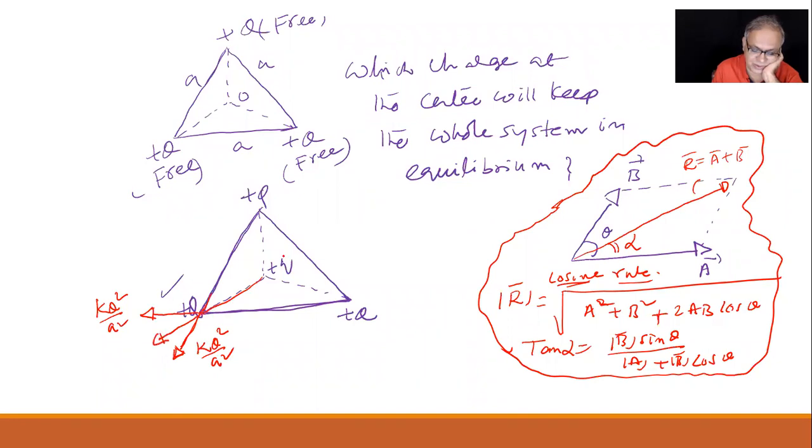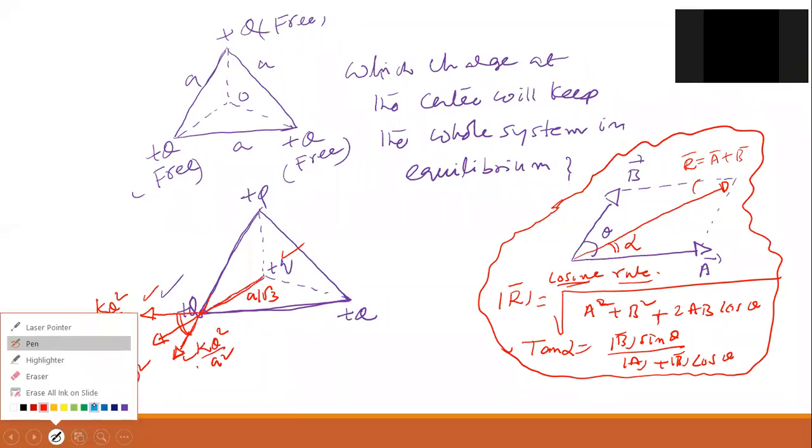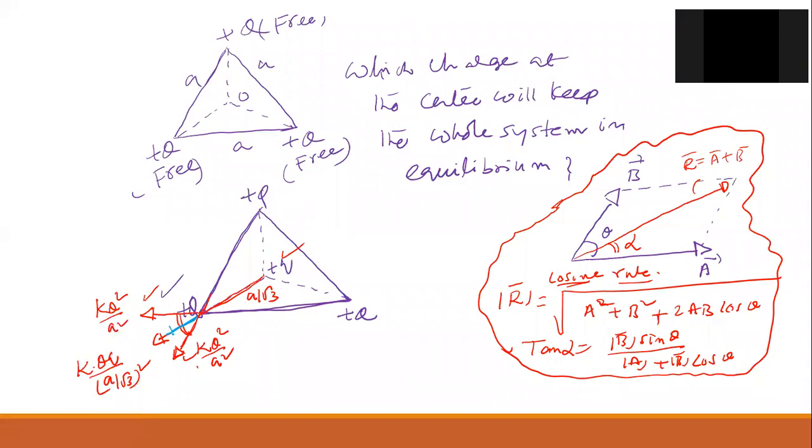Now let me write the third force. This one also applies force, no? This is how much, Emma? A by root 3. So the force will be K into Q into Q by A by root 3 whole square. So force 1, force 2, force 3. Now the angle is 60 between them. So the resultant of these two will be along the same middle one, right? Rishita, that's where I think you went wrong. Mathematical error. So this one is how much? Root 3 KQ square by A square. How does it come? From this formula.